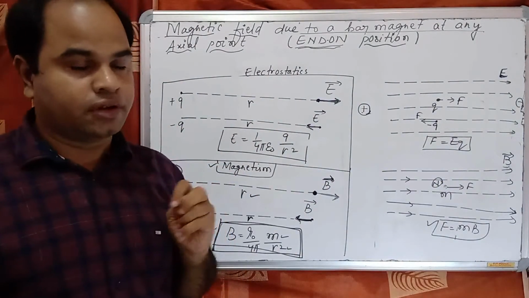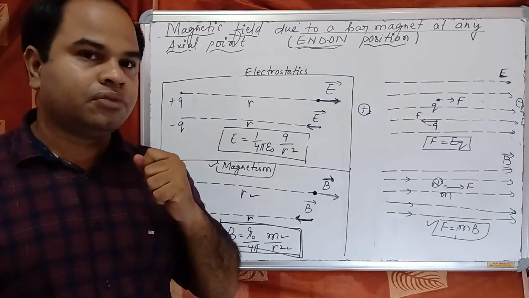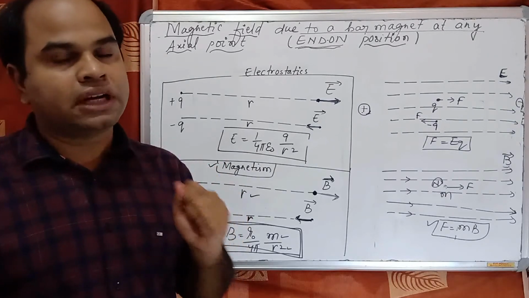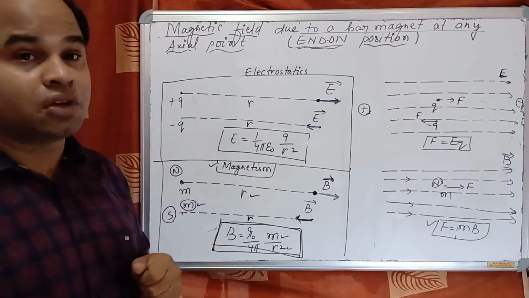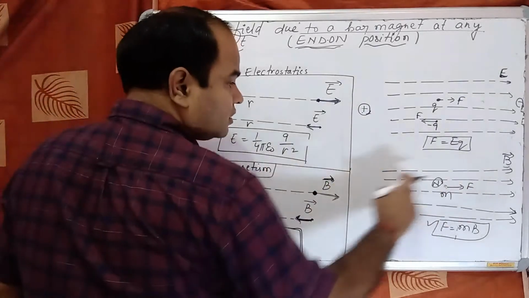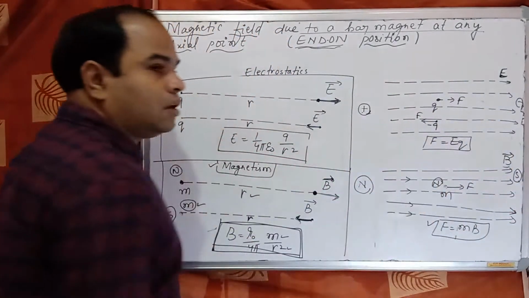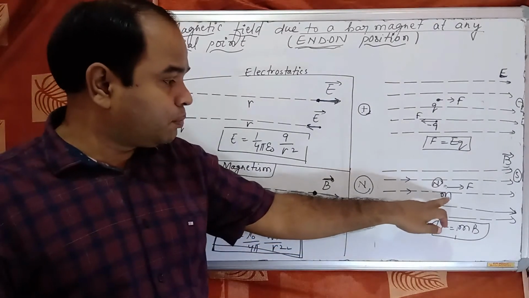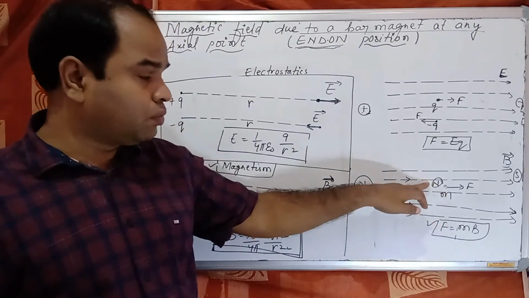Okay. Again we should know that when a magnetic field is there, magnetic field lines always start from the north pole and end in the south pole outside the magnet. So that means if the magnetic field is in this direction, here is the north pole, here is the south pole of the magnet. Okay. So when we consider a pole having pole strength m,